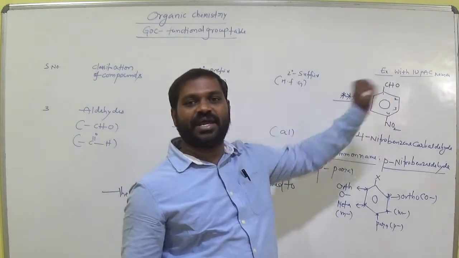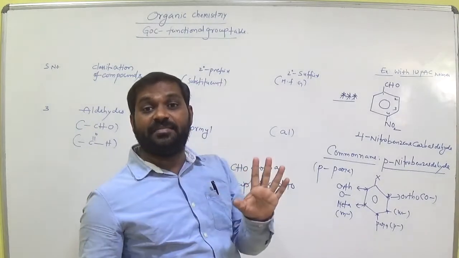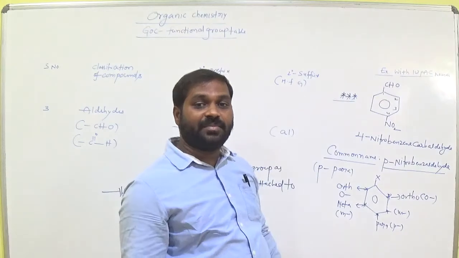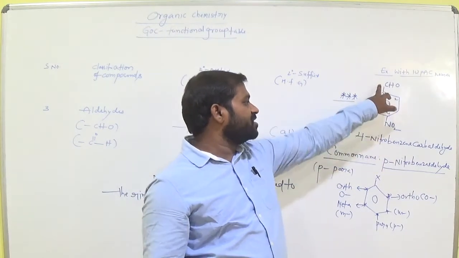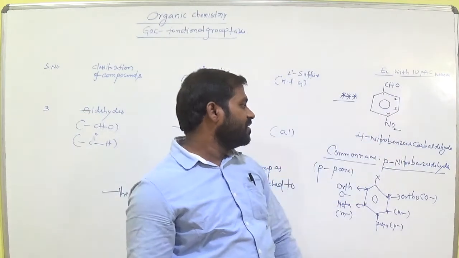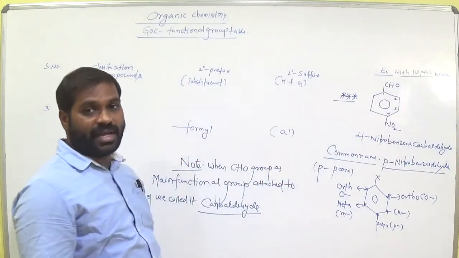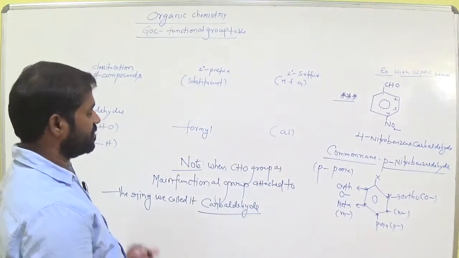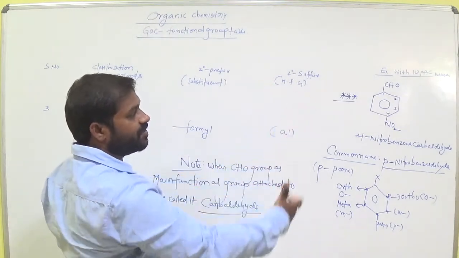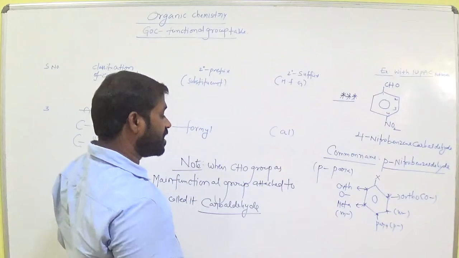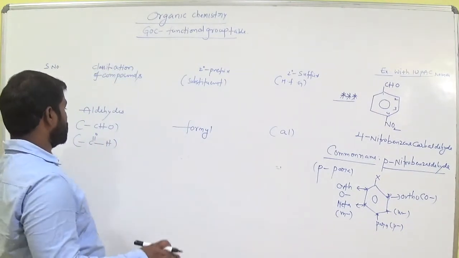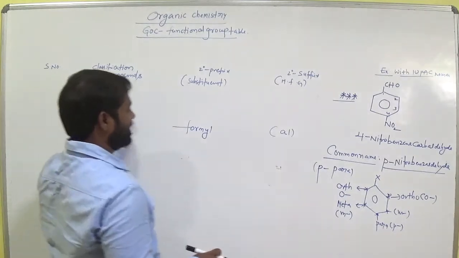The benzene consists of an aldehyde group, so we call it benzaldehyde. So para-nitro benzaldehyde. Exactly, the IUPAC name, with the nitro group at the 4th carbon with respect to this one, is 4-nitrobenzene carbaldehyde. Remember this. Later we will discuss this concept in aromatic compounds, how to name them. You just remember. The next functional group is the fourth one, that is ketone.